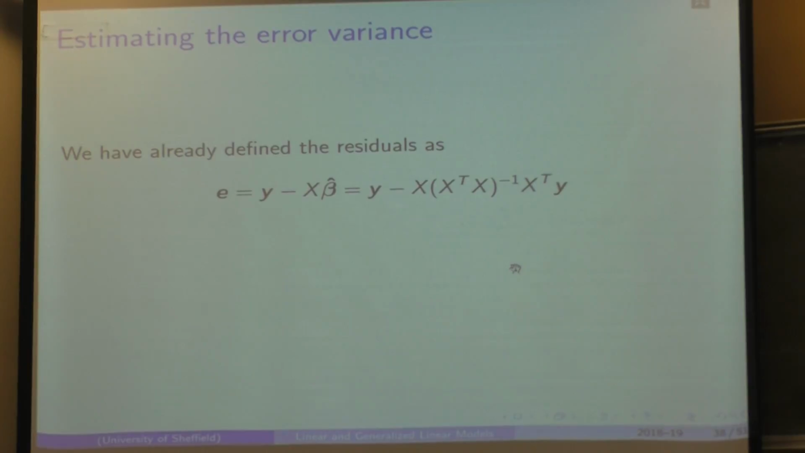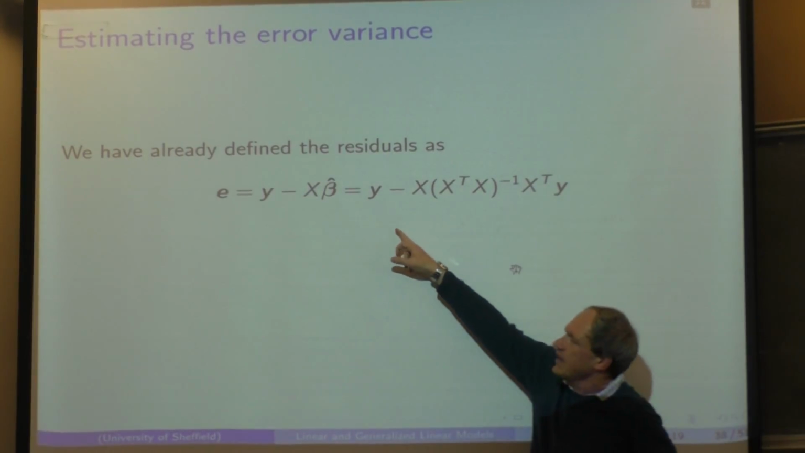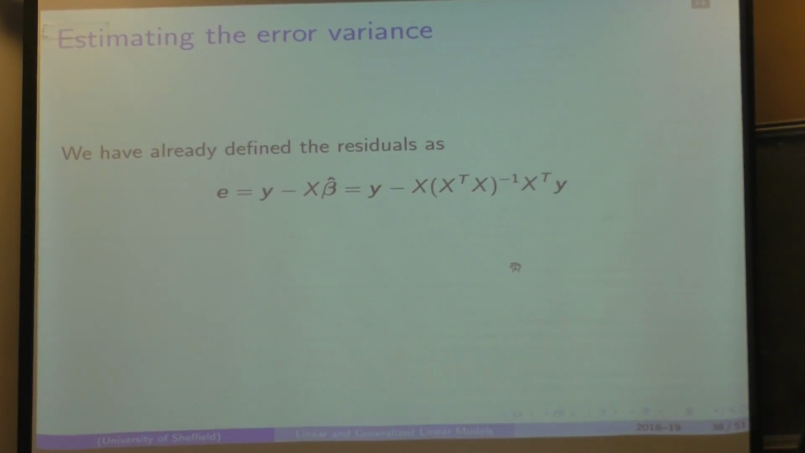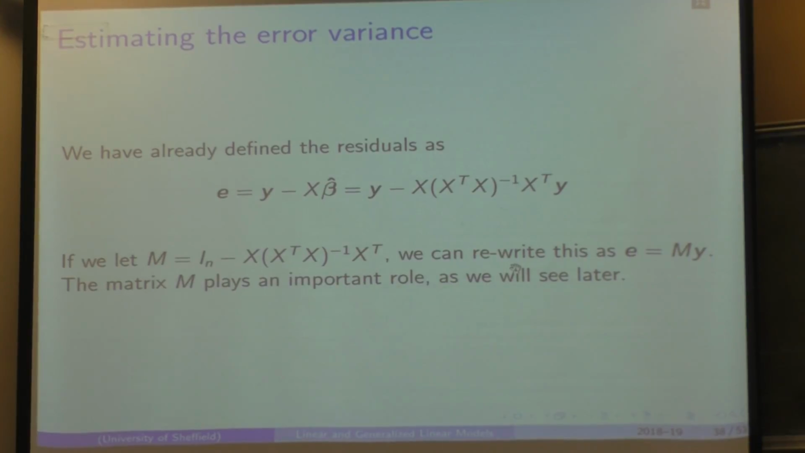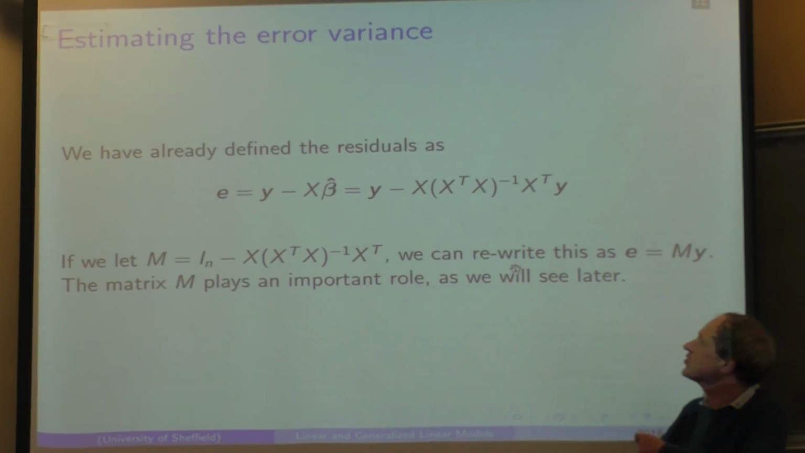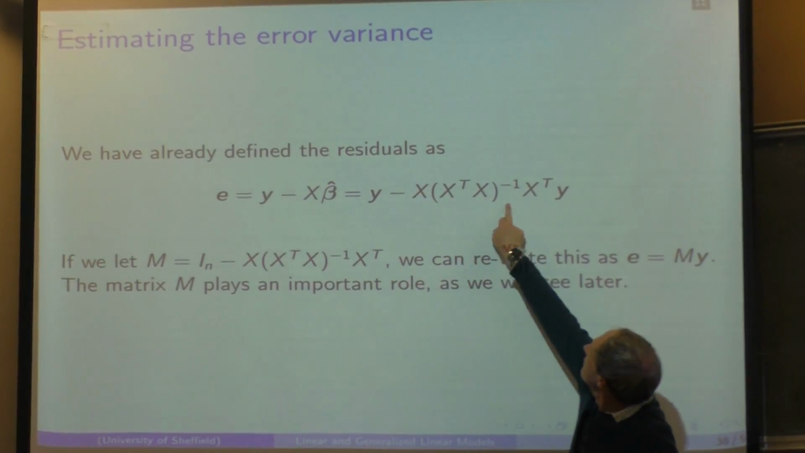So now both of those involve y. Both the first term here and the second term here involve y. So if we invent a new matrix M, M is simply going to be the n-dimensional identity matrix minus the stuff we've got here, with the